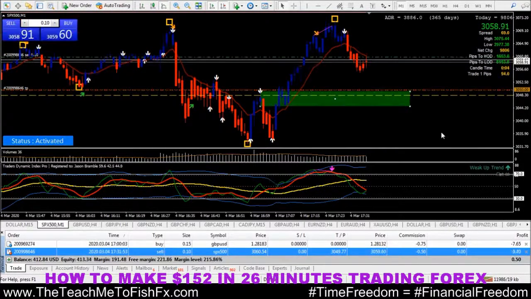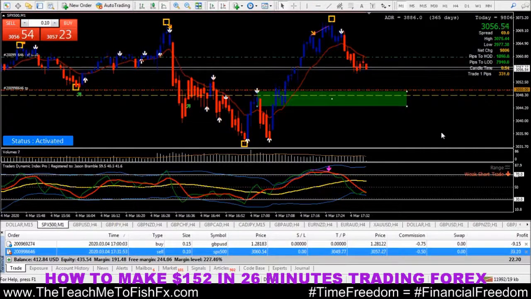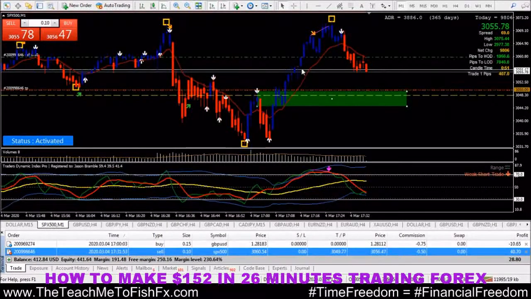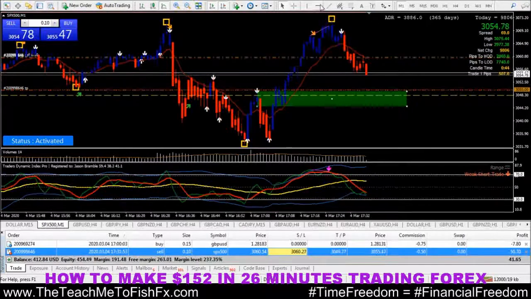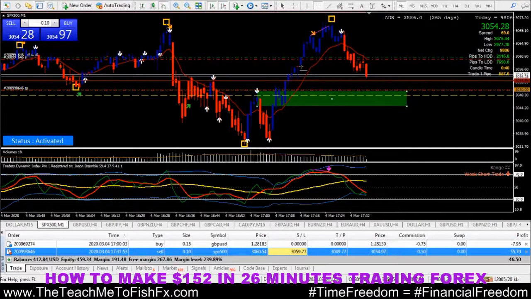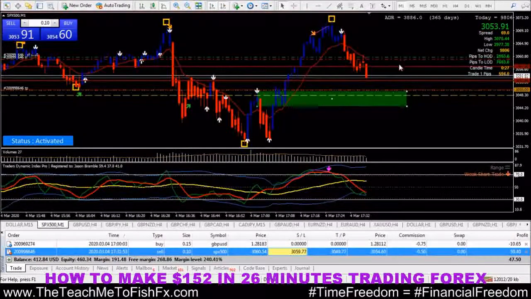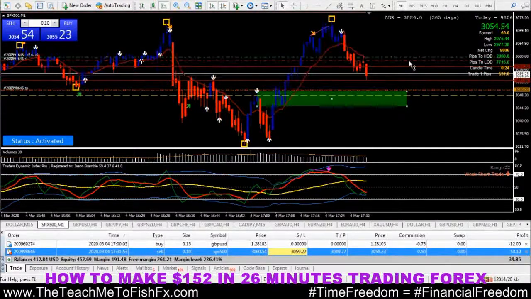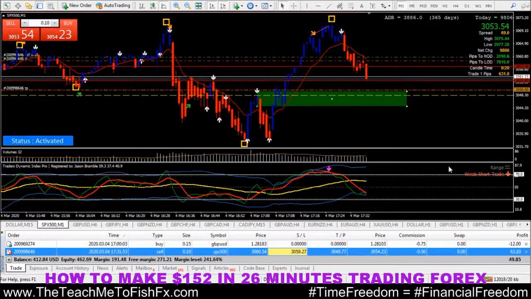Okay, so I like to see that getting a rejection at our EMA. Okay, all right, awesome, nice rejection at the EMA. So it wicked out. It's getting ready to push. It's trying to push through this zone right here that's been created. And you guys can see now we're $7 in profit. Well, risk free, you know, because our trailing stop was hit. Okay, and so hey, it could wick all the way back up and take me out, but